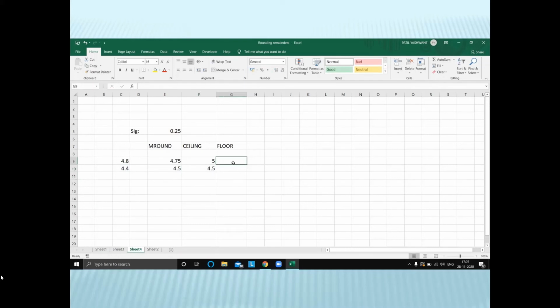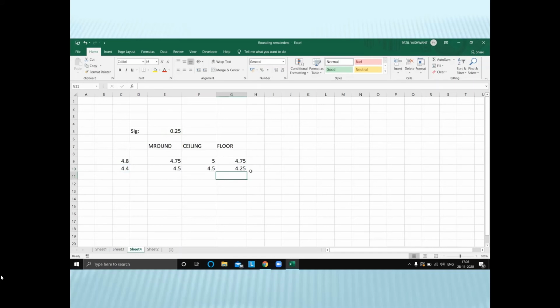Now the floor function goes down to the nearest significance level. So I'll explain how. Floor 4.8 comma 0.25 and press enter, and you get the value as 4.75, and I can drag that down, or maybe I can again use the function comma the significance part.